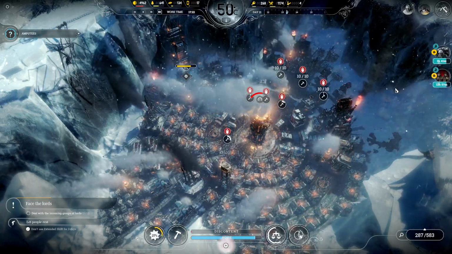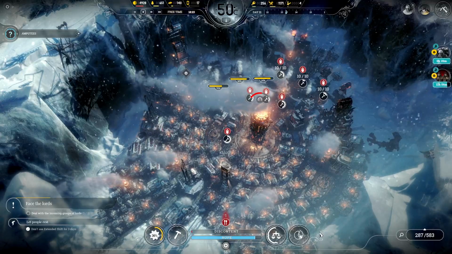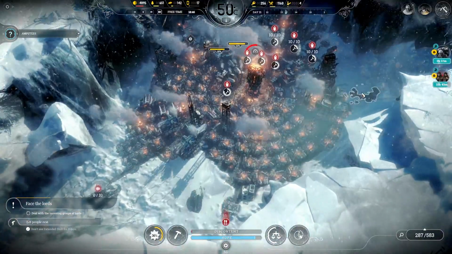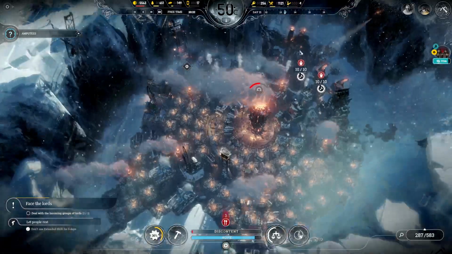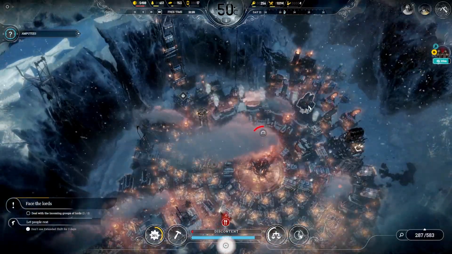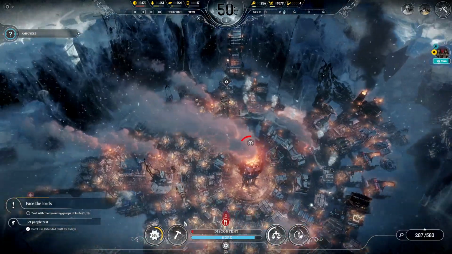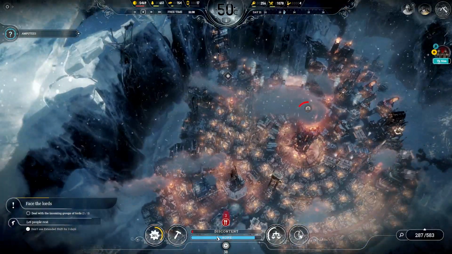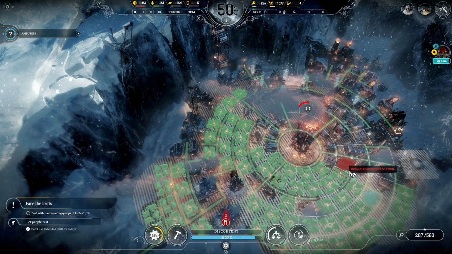Alright, what do we have coming in? More coal, obviously. But the lords are almost here. Alright, we got more flying hangars. Nice. And then tomorrow we'll do a couple more. But what we can do is definitely get...